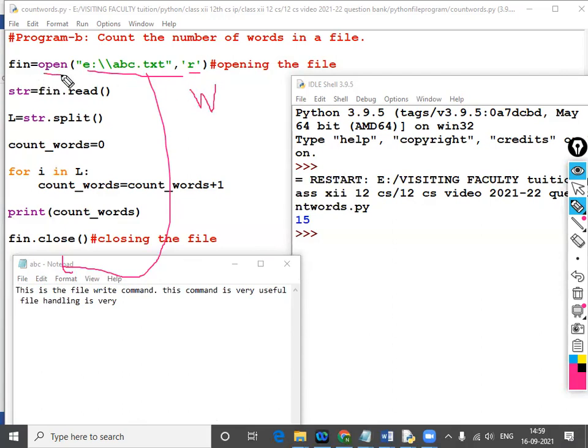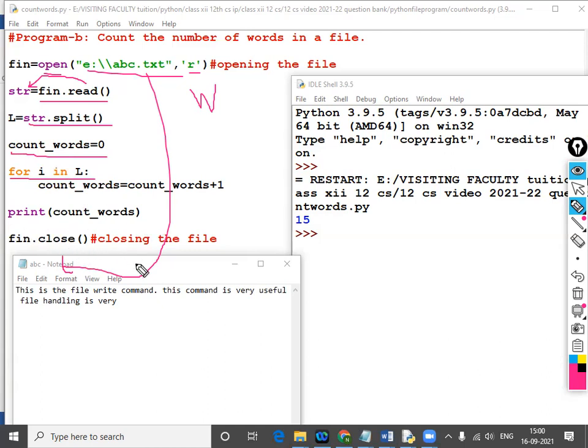Open is the function. Whenever you are performing any operation, at that time you have to use a mode: write, read, whatever. fn.read, whatever object is written, it will come to str. str.split will split the words. Then count words: for I in L, count words equals count words plus 1.